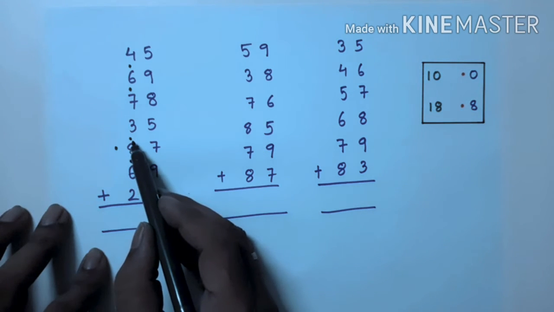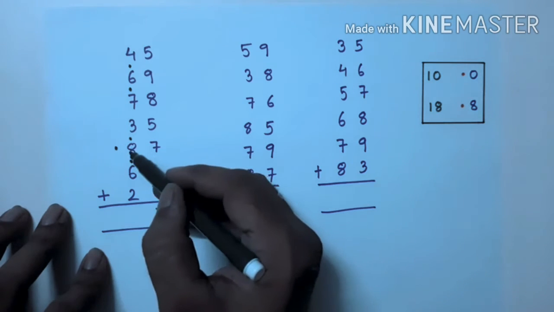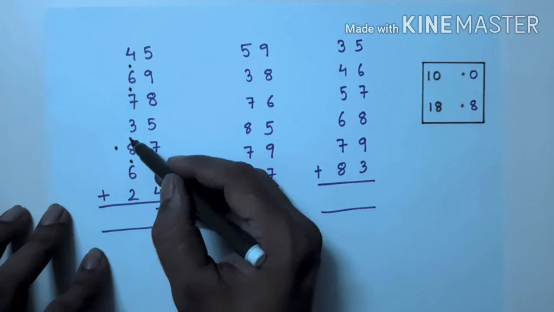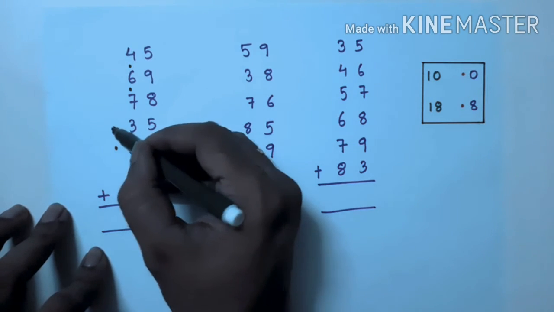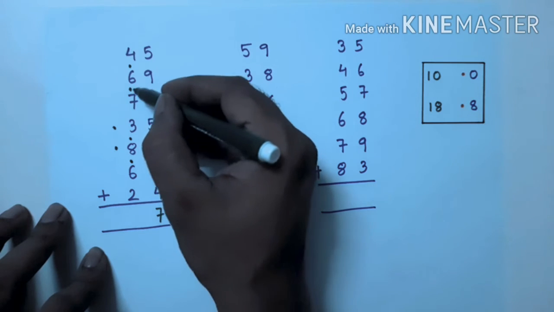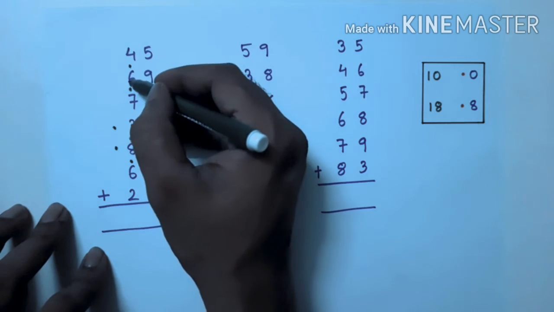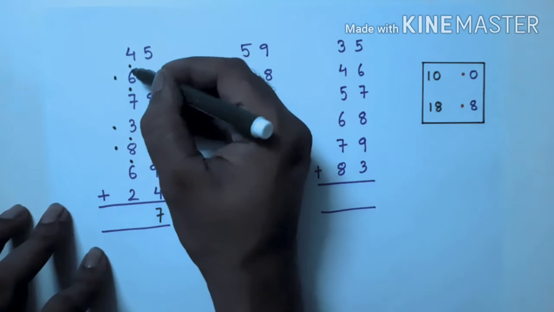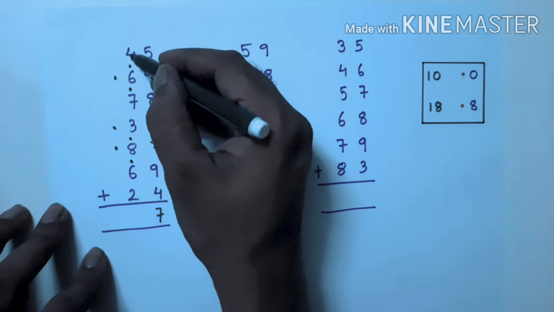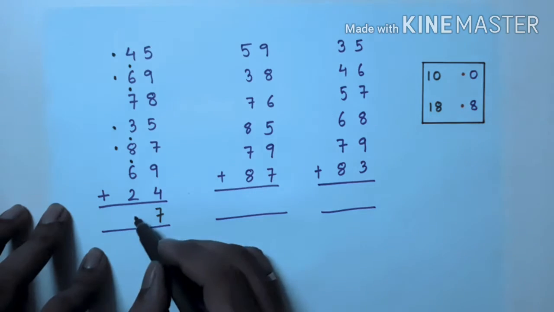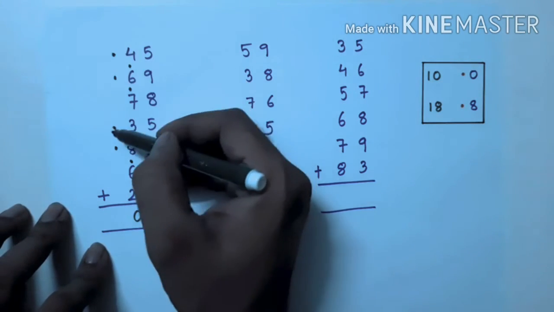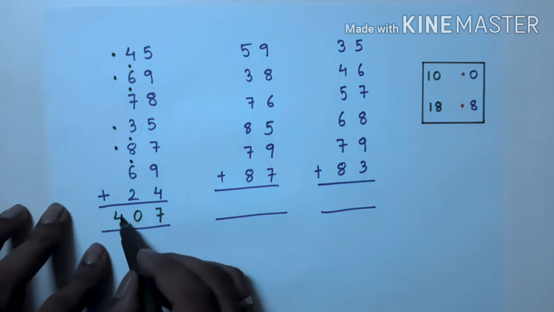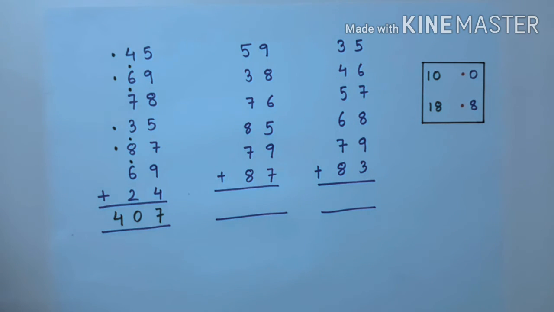After 7 you can see here one more dot is there. So you have to count that one also. So 7 plus 1 dot, that is 8. 8 plus 3, 11. So 11 means dot 1 in the mind. 1 plus 7, 8. 8 plus dot 9. 9 plus 6, 15. So dot 5 in the mind. 5 plus dot 6. 6 plus 4, 10. So dot 0. 10 means dot 0. Next we'll count 1, 2, 3, 4. 4 dots. So 407. That is 407.